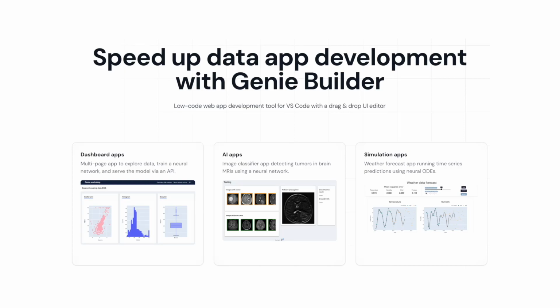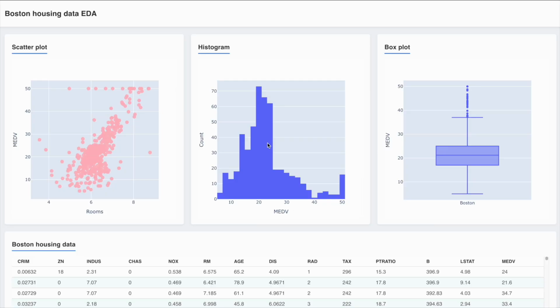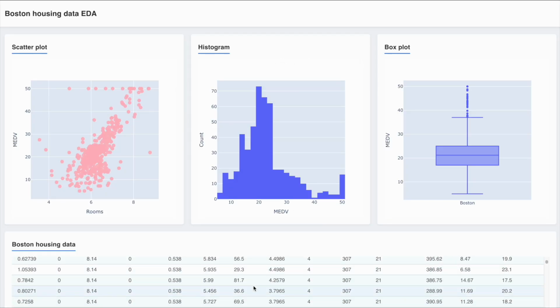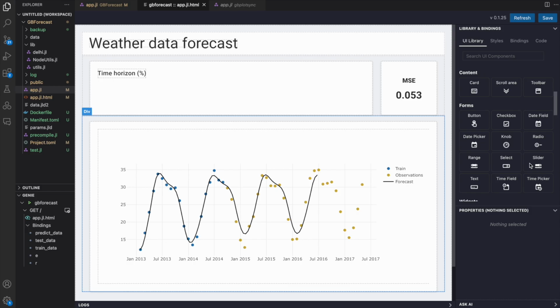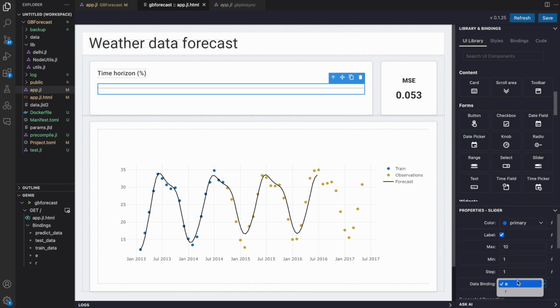Genie Builder is a low-code development tool that helps you build data-centric web apps in pure Julia. With it, you can build anything, from interactive dashboards to applications running AI models and scientific simulations in real time. Tightly integrated with the VS Code IDE, Genie Builder features a no-code drag-and-drop editor to quickly build the user interface